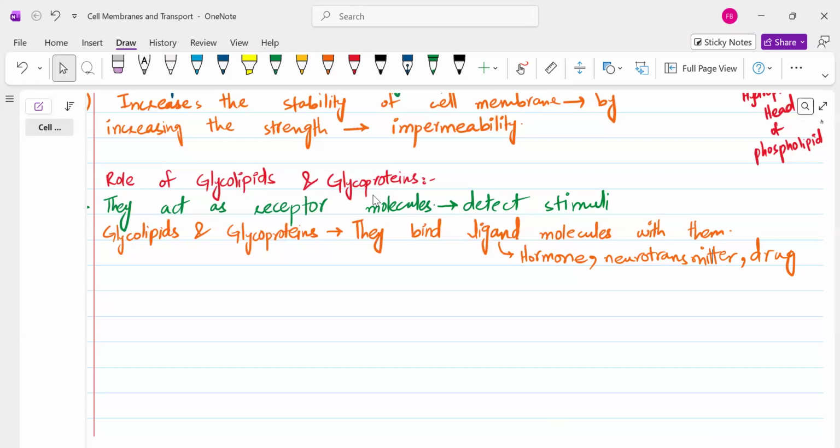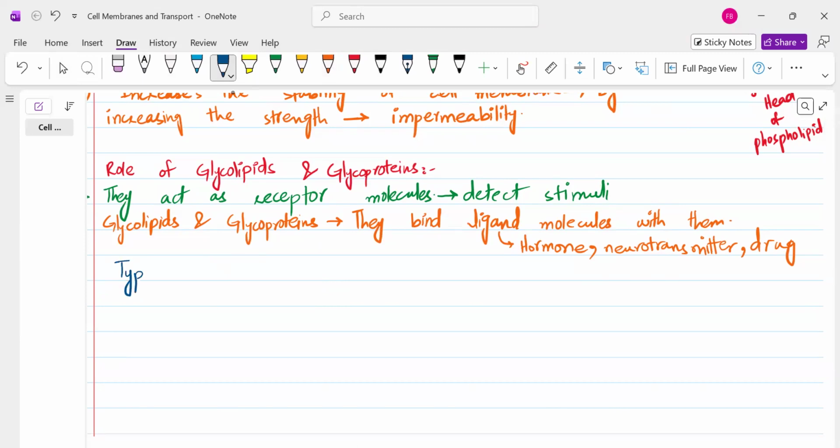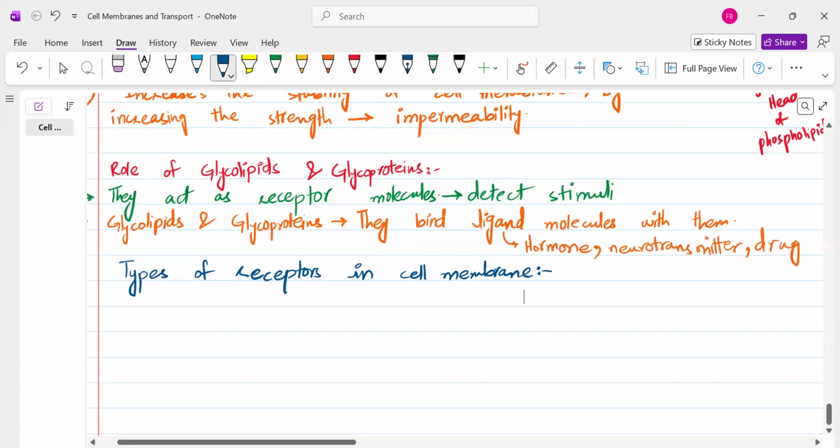Clear? Okay. Then we have the role of the glycolipid and glycoprotein. And one more thing, when we talk about the receptor molecules, you have basically three types of receptors in the cell membrane. The first one is